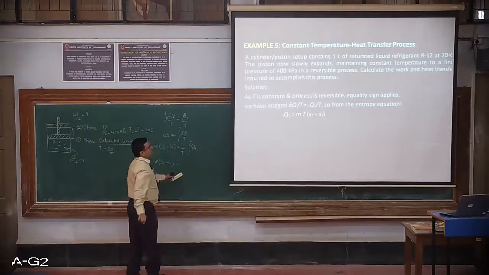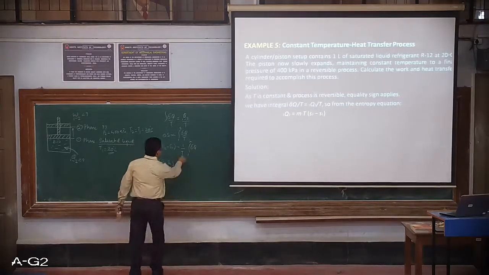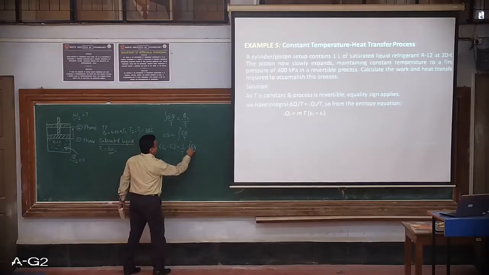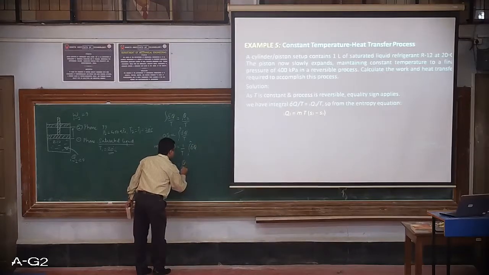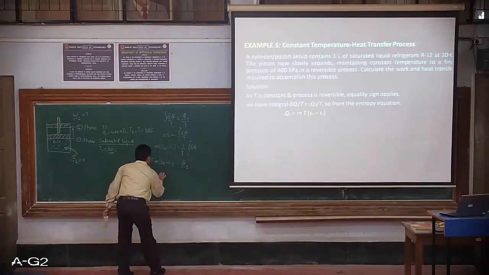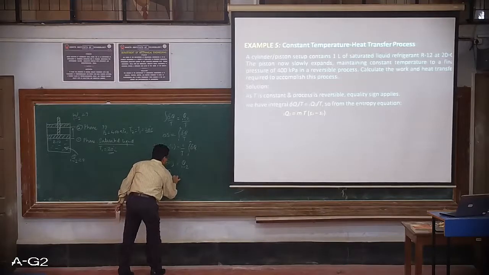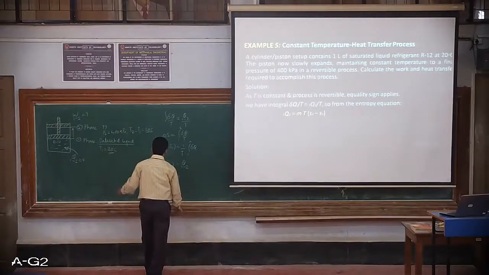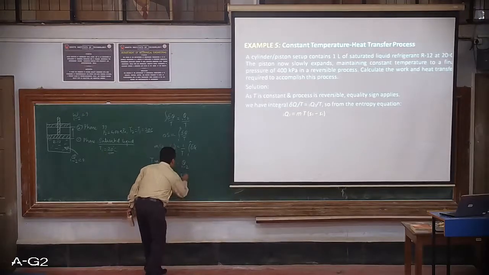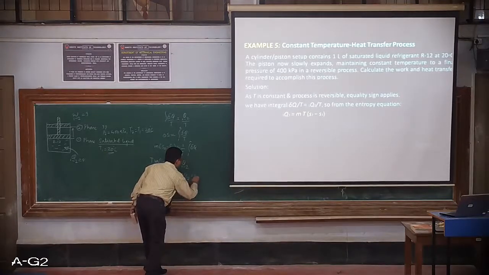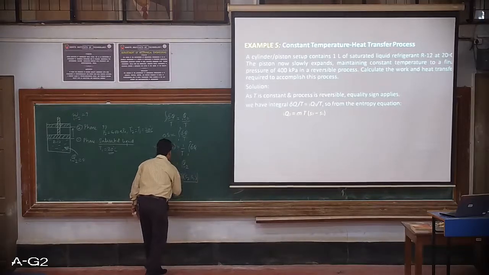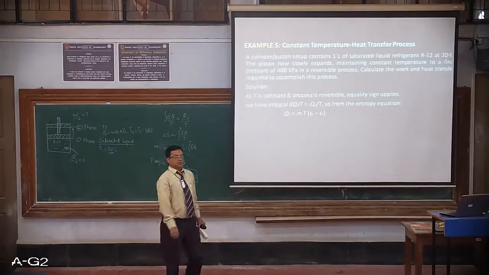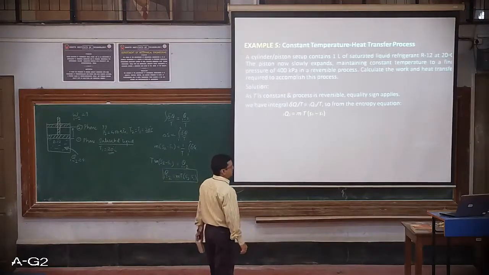Now here I will be changing a bit. What is required? Heat transfer is required. So I will take this T over here. So it is T M (S2 minus S1) equal to, when you integrate it, the heat transfer from process 1 to 2. Therefore, the final form after rearranging is going to be the mass of refrigerant, its temperature and the change in specific entropy. So this is the equation that we are looking for. So the equation is developed.